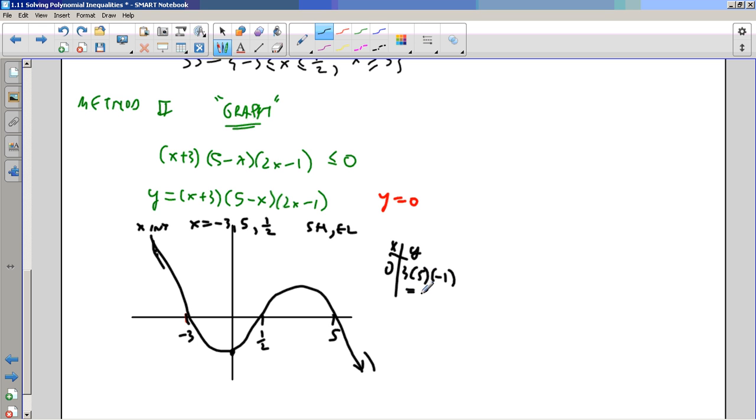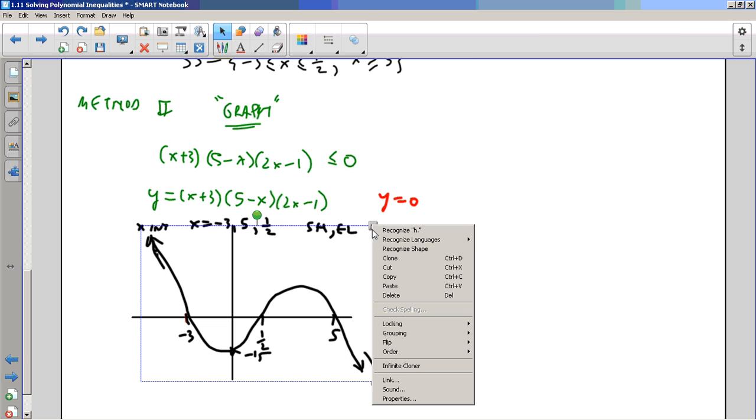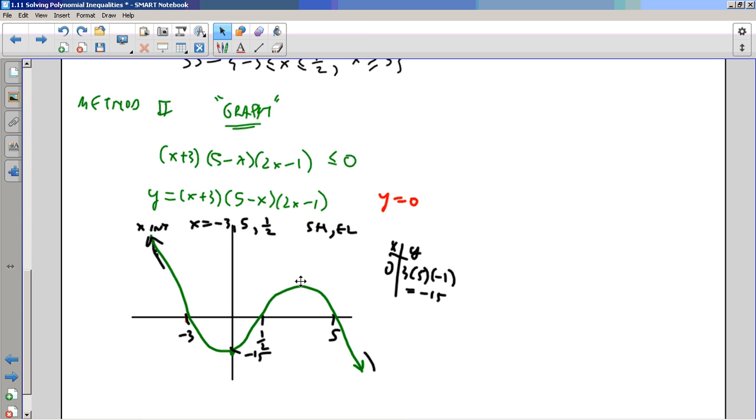Now, notice I don't really care, do I? It's a nice check, though. Because really, what am I interested in? I'm interested in the x values where this graph, let's see if I can make it green here. Sure. There. Where the green graph is underneath